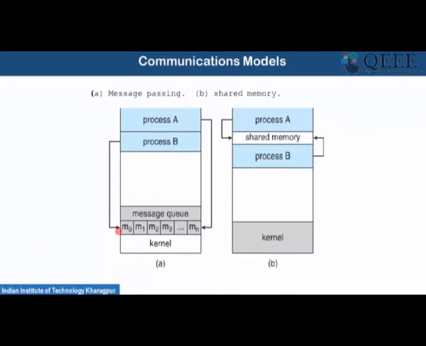In case of message passing, you have a common message queue. One process accesses this message queue to read the message. Another process can also access the message queue to write into it. So this process is passing some message to the message queue and this process is fetching that message from the message queue, and vice versa, both sides are true. And the second is the shared memory primitive. In case of a shared memory primitive, you have a memory space which is shared by both process A and process B. In standard ANSI C programming, we have functions which can be utilized to define both the shared memory and the message passing interface.